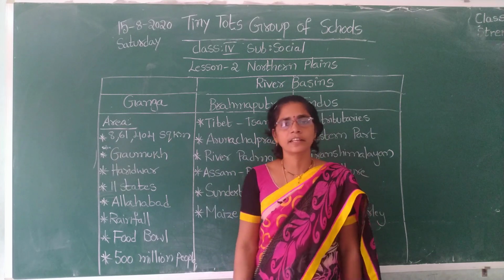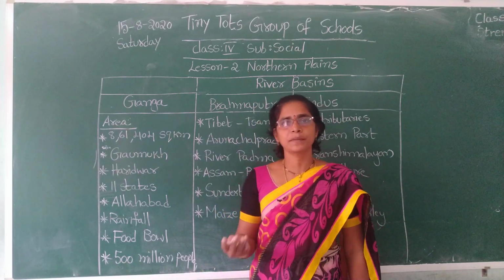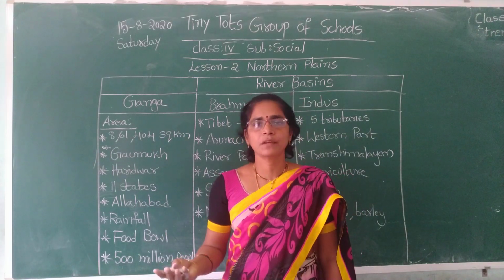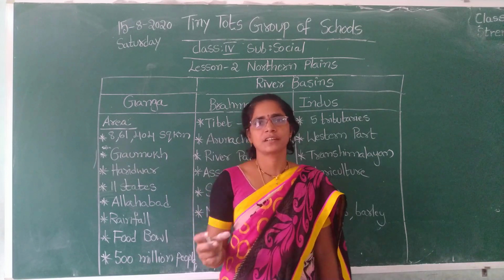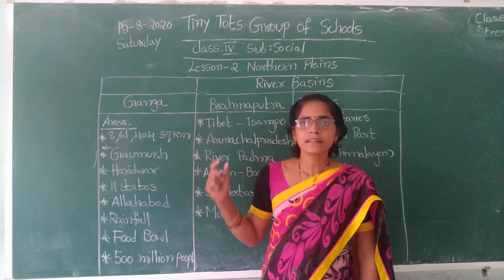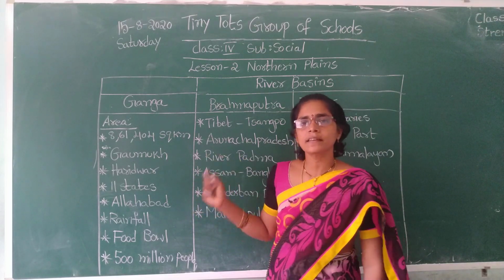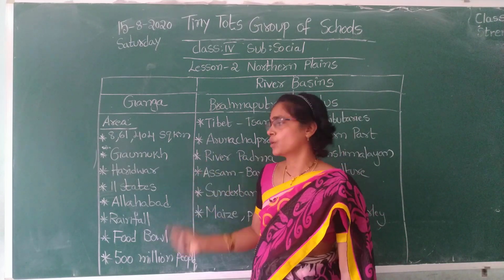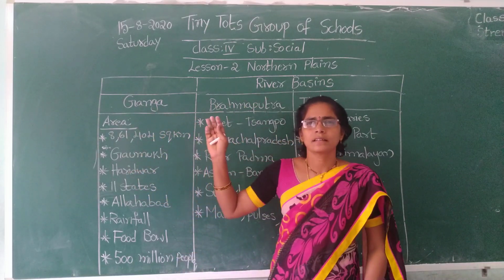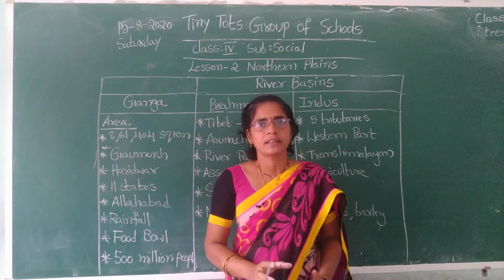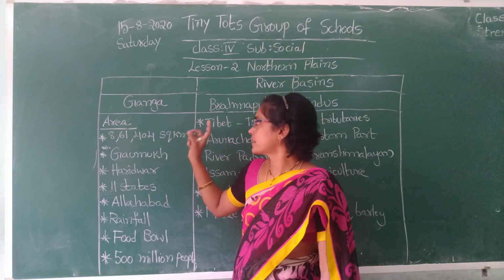Gomukh is in northern India near Himalayas. If you see the picture of Gangotri, it came before 10 years. Now we can see Gangotri part in that picture clearly. It is in Himalayas. Gangotri is the birthplace of River Ganga. It is in Himalayas, that means northern mountains. River Ganga is flowing swiftly, swiftly means fast, from Himalayas and it is entering into